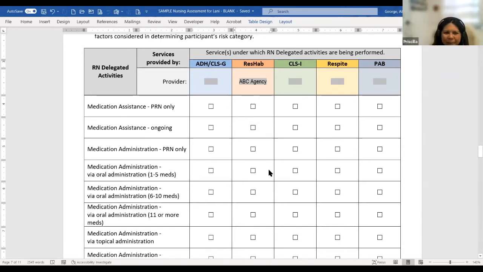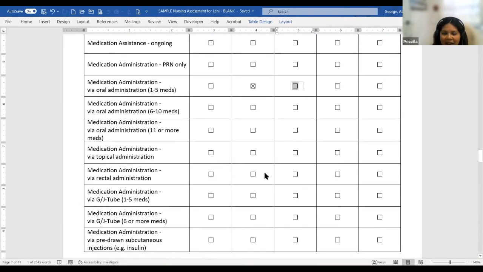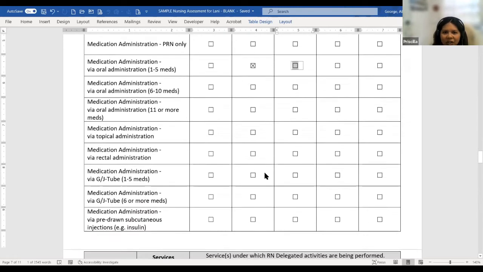For this one, the caregiver was doing the medication administration. How many meds did she list in the orders? One, only one. Yep. Okay. So under the rehab, you would identify the service and you would go through this checklist to determine. And like you said, it's only one med. So you can take a look at your worksheet A. Was there anything else on the checklist or things you want to add for any nursing tasks during that service?